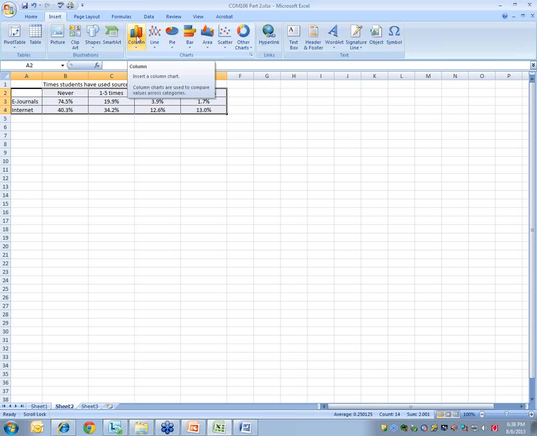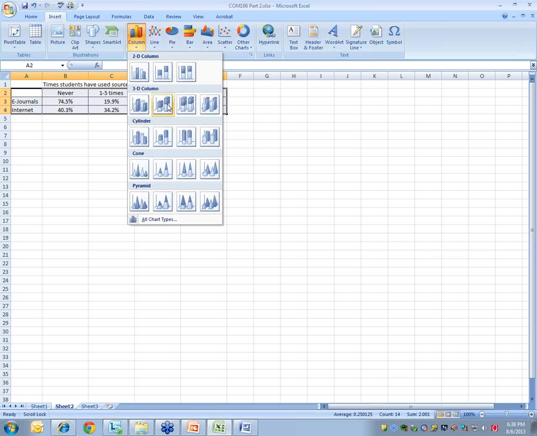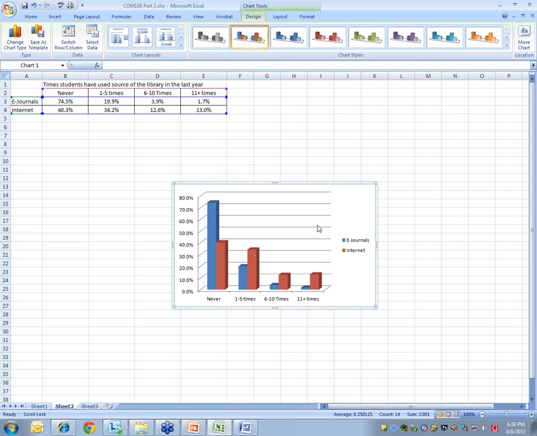And so I'm going to click on column chart, and it's going to give me some choices. I'm going to do a 3D column chart. And so this is what you'll get when you conduct a 3D column chart. Now, as you notice, it's got a lot of the information,